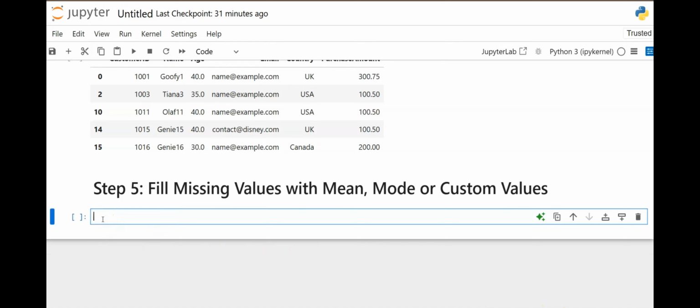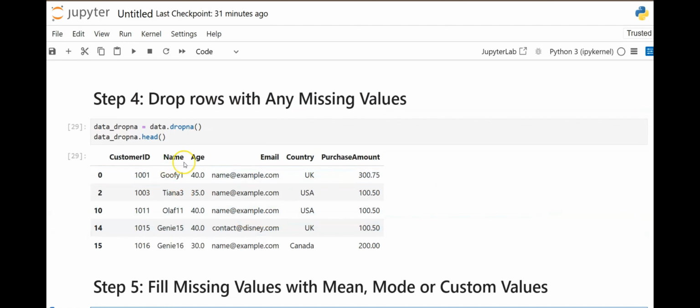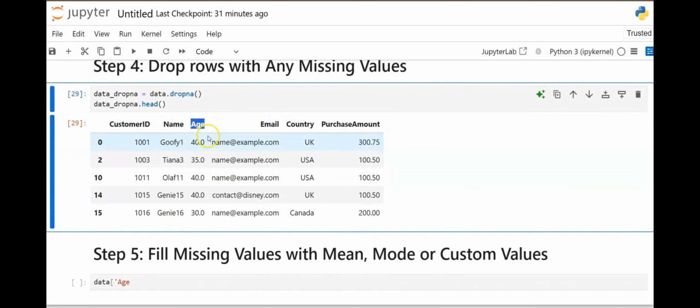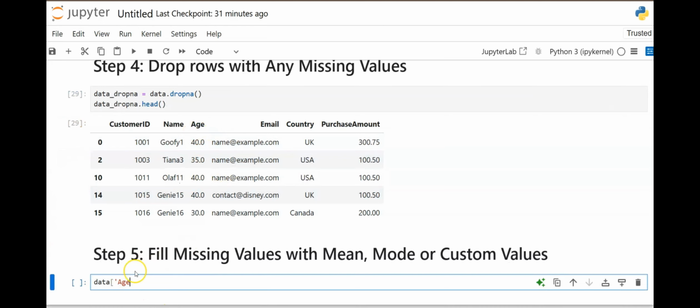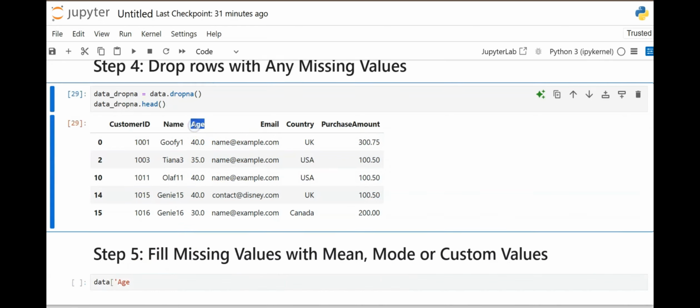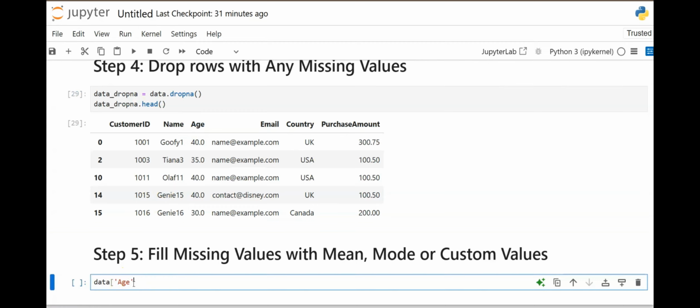And to do that, you call your data set, which is data, and then you open bracket, then you call each variable, so single quotation age, making sure your columns are spelled correctly. It is case sensitive, so if it's with a capital A, you use capital A. So I'm using this variable here, age, close that bracket, equals, and then data, open bracket, single quotation, age again, single quotation, close that bracket,